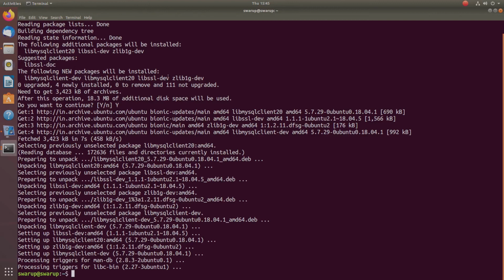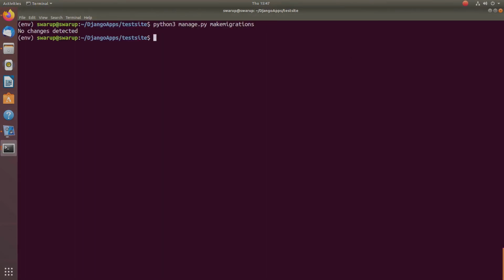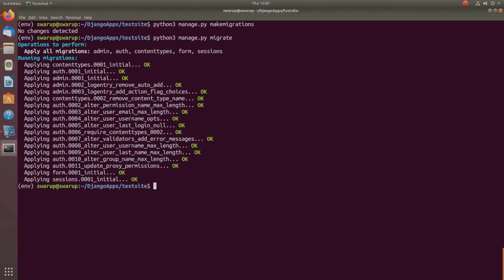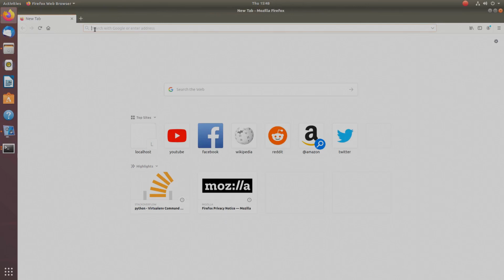So now we finished the installation of the MySQL client. Let us do the Python migration. Okay, so it says no changes detected, and now let's do the python3 manage.py migrate. Okay, so all our migrations are done. Now let us do python3 manage.py runserver. Okay, so now let's go to our browser, and here let us go to localhost:8000/